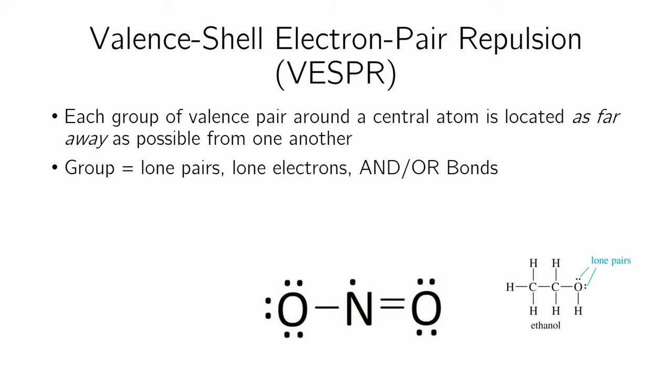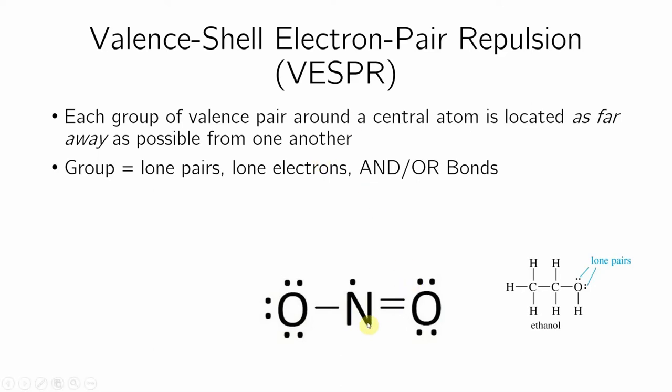And the theory behind this is called the valence shell electron pair repulsion, or VSEPR for short. We're going to call it VSEPR. And it's going to basically predict what things look like. And so the few slides I have right now is just going to give you the quick general overview, and then we're going to go over a bunch of examples that will hopefully show you how to do this quickly. Okay, so